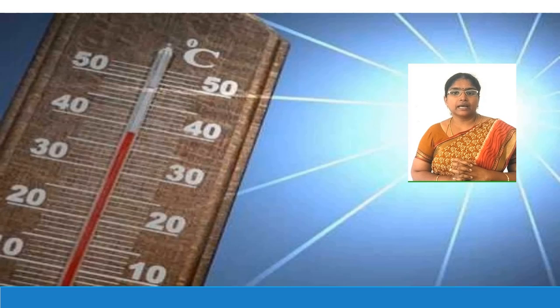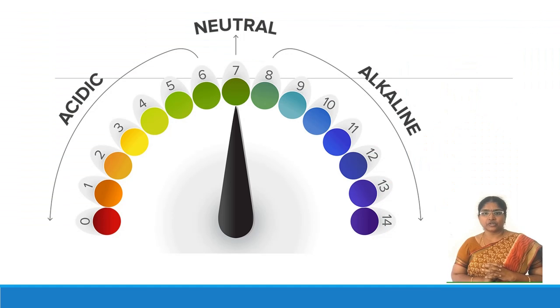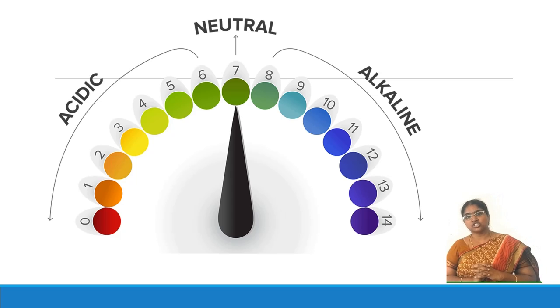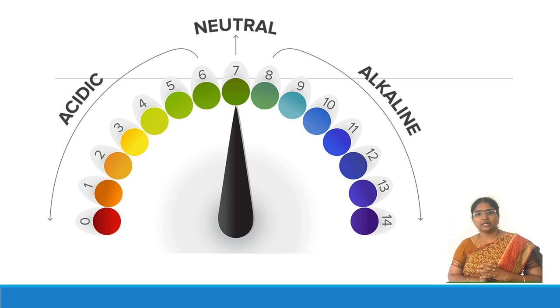Any solution can be characterized by its hydrogen ion concentration. The reagents are broadly classified as acidic or alkaline. Microorganisms have the ability to survive only in the optimal pH. It is mandated for any bioprocess engineer to continuously monitor and control the pH of the reaction, as changes in pH will drastically affect the growth pattern and product formation kinetics.